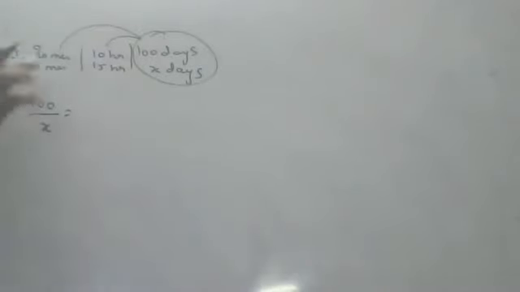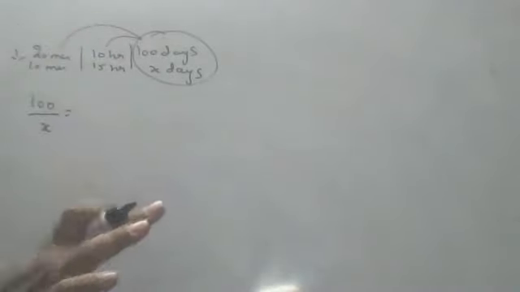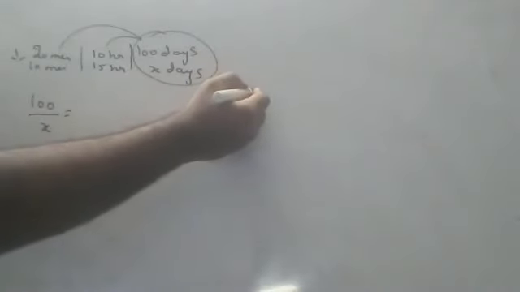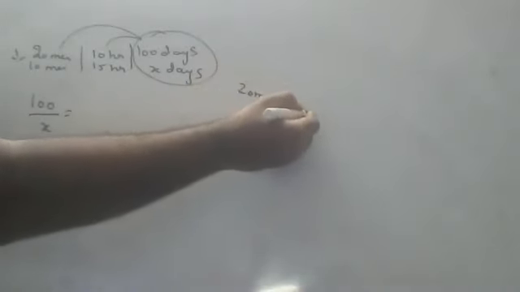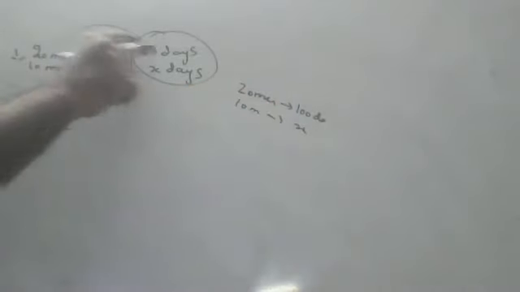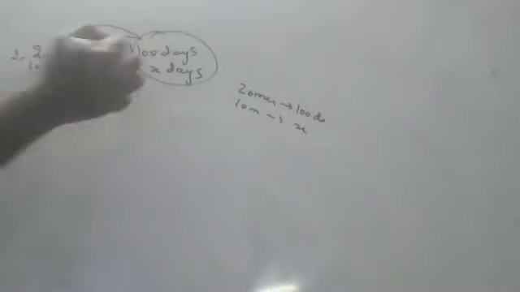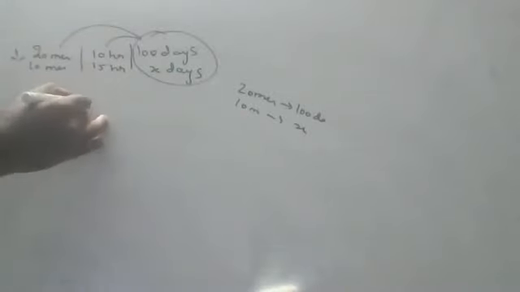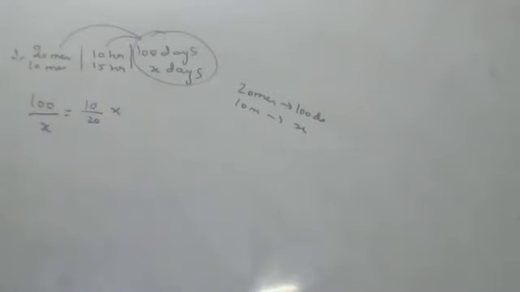Okay, children. So you tell me now slowly, men and days, directly proportional or inversely proportional? More men, less days; fewer men, more days. Inversely proportional, children. Think. If 20 men can do the work in 100 days, 10 men will take more number of days. So these both are inversely proportional. You should analyze that. So 100 by X is equal to, I'll write 10 by 20, because inversely proportional.